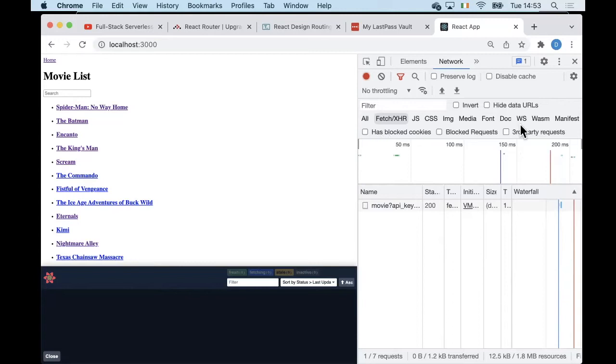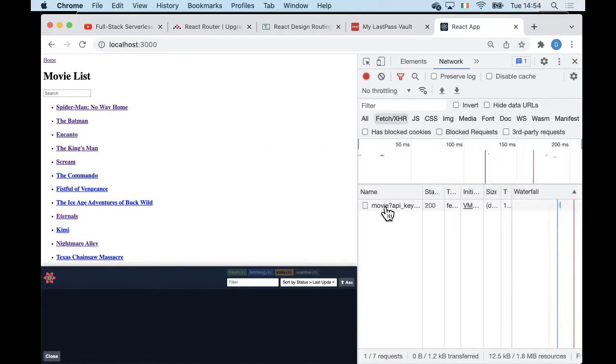Right now, all I'm interested in is what fetch requests my app is making. So I've selected this one here. If I go to the home page and do a manual refresh,